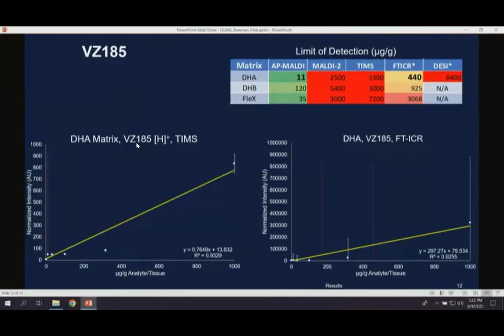For VZ185, this is the one we were seeing the biggest increase by going to a triple quad system. For the AP-MALDI, we were seeing 11 micrograms per gram as our lower limit of detection. And then the next best thing was the FTICR, which is at 440 micrograms per gram. And then TIMS and MALDI-2 were 1,300 and 2,500, and the DESI was all the way up at 8,400 micrograms per gram as our limit of detection. This means that the AP-MALDI is 118-fold better than MALDI-2, specifically running in TIMS mode, and it's 40-fold better than